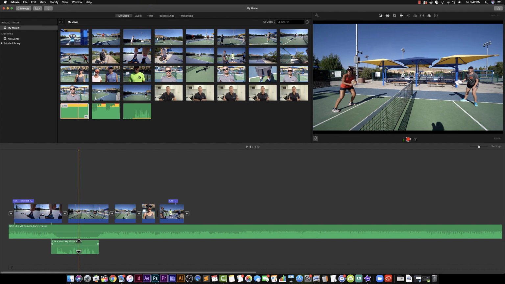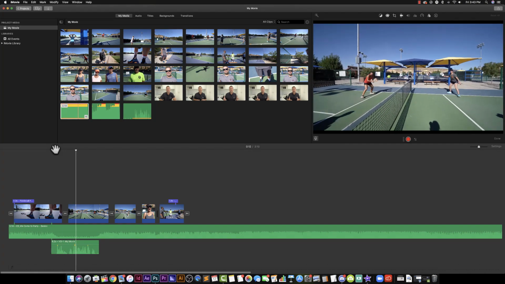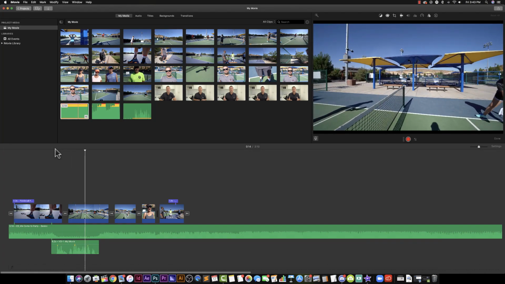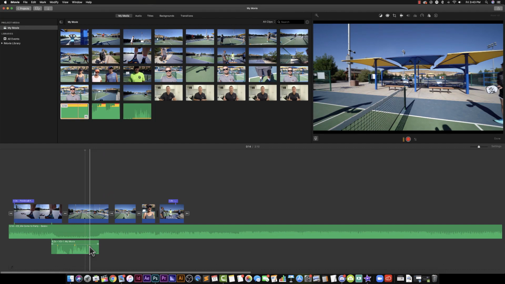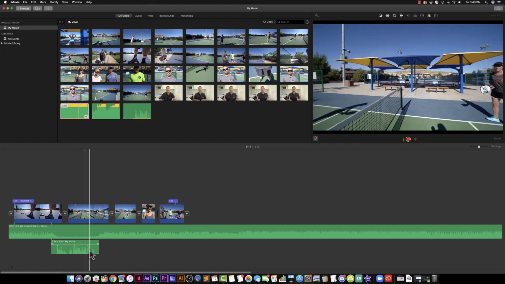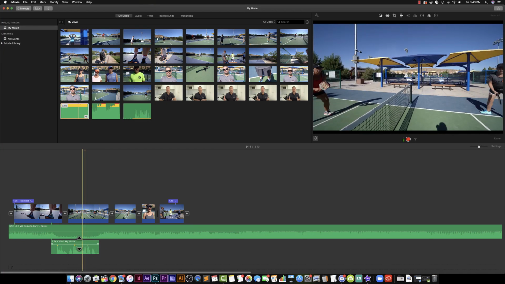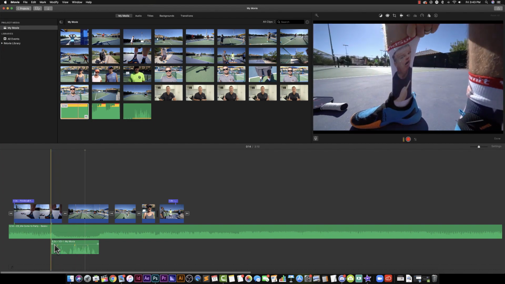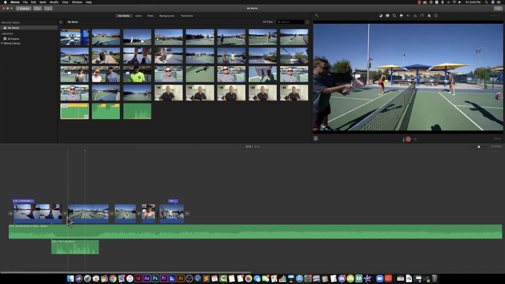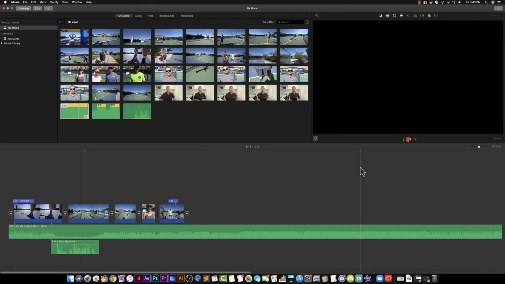Now my voice isn't quite loud enough, so I'm going to bring it up just a little bit. And you can adjust this. If you have a good condenser mic, then as you record, it's going to sound a lot more clear than if you're just using the built-in microphone that the iMac has or the Mac has. So now I have a voiceover, I have music, I have titles and transitions, and I'm ready to export,